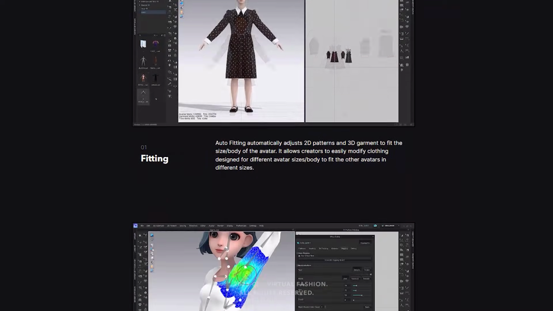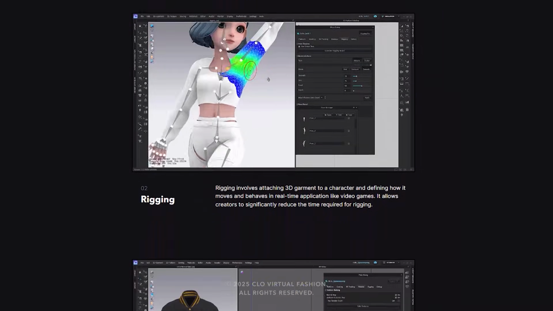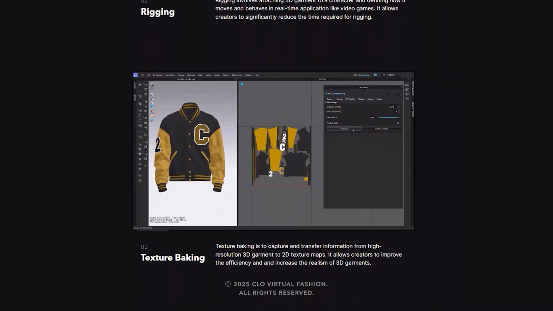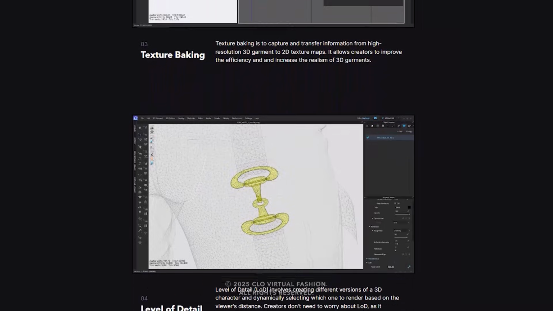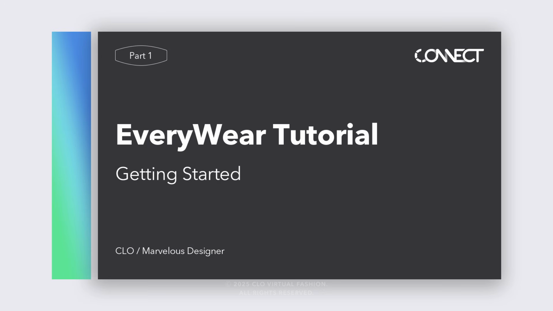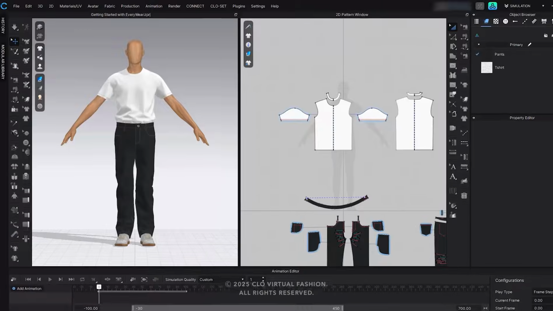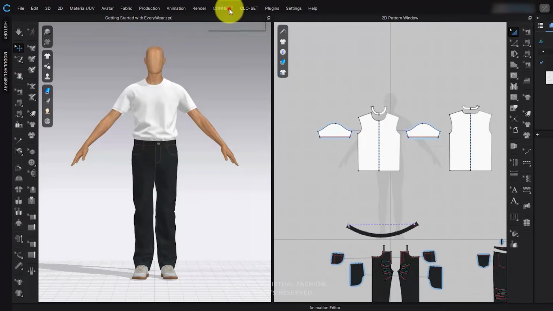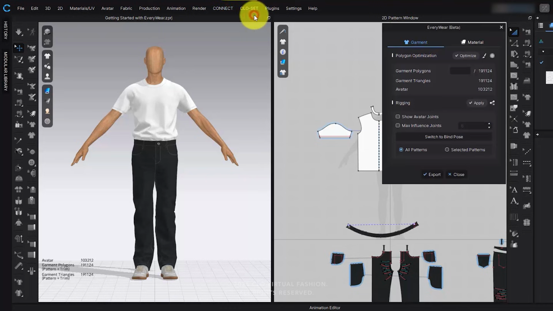In this tutorial, we'll learn step-by-step how to use EveryWear for garment fitting, mesh optimization, rigging, UV packing, and texture baking. Getting started with EveryWear. Click Connect from the main menu at the top to launch EveryWear. The EveryWear window appears in the upper right corner of the 2D window, and you can check the polygon counts